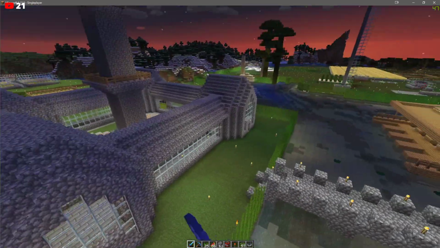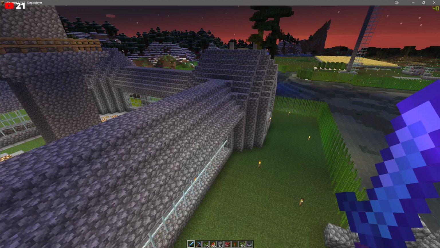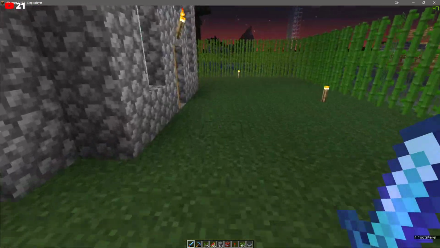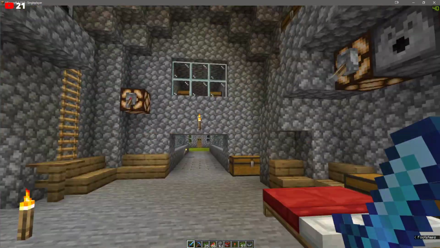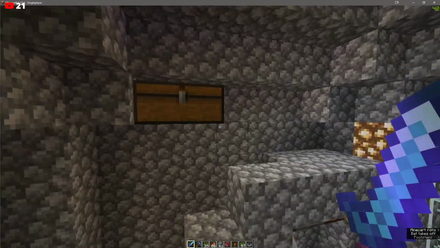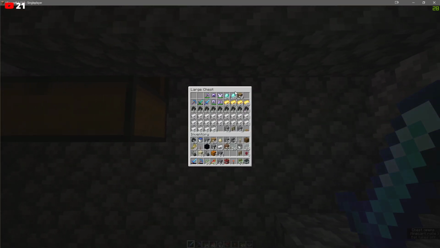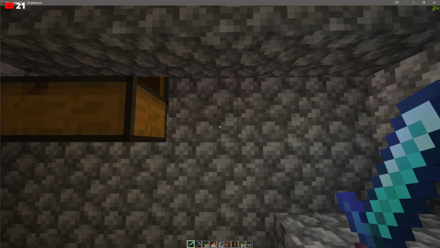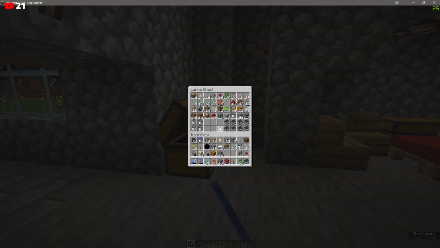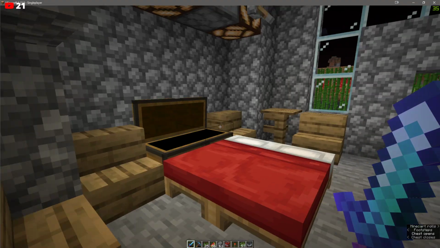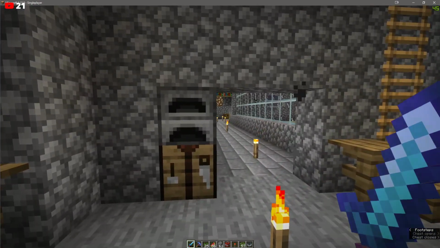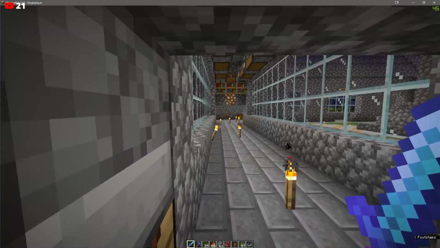I built this stuff over here, and let me show you my inventory. I should still have my old inventory. This was my castle over here, and I had all of this stuff. I grinded all of this. I played a lot of Minecraft back when I was a kid. See, look, I could have been learning how to code when I was a kid, but instead I was too busy playing Minecraft.